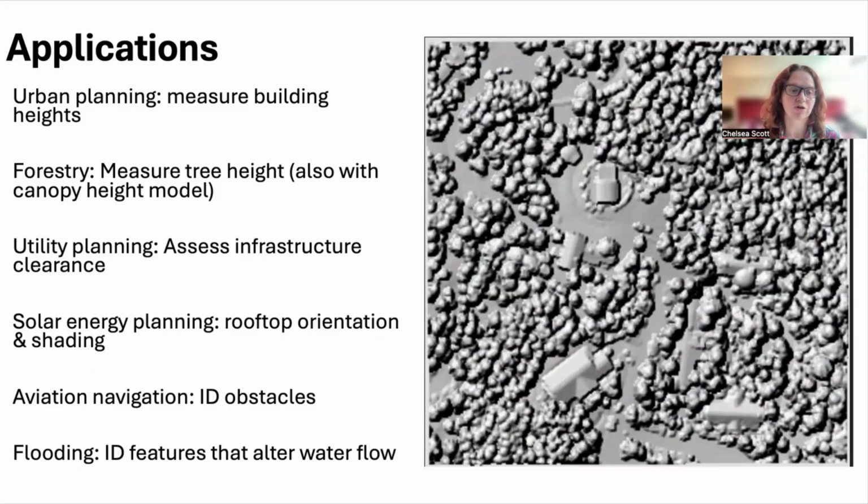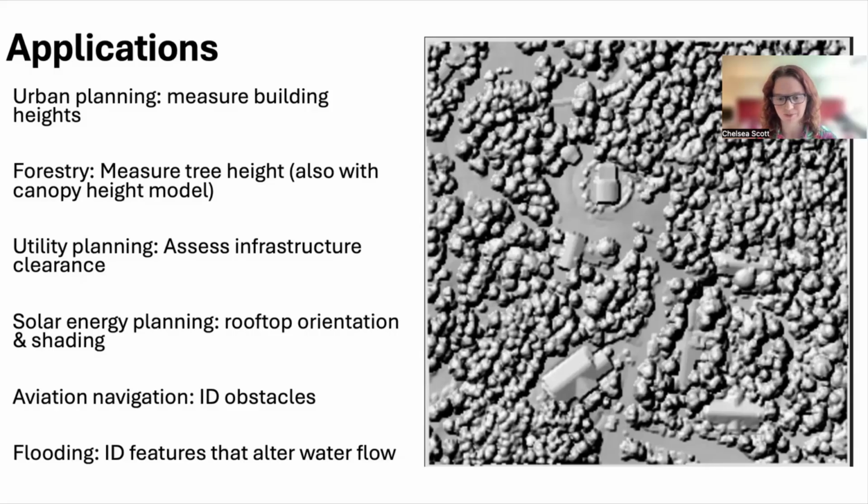For solar energy planning, you can look at rooftop orientation and shading from trees or other buildings to assess the solar energy potential of a particular area. For aviation, they can be important for identifying obstacles that might get in the way of a plane or a drone. And for flooding, they can be useful for identifying features at the Earth's surface that may alter how